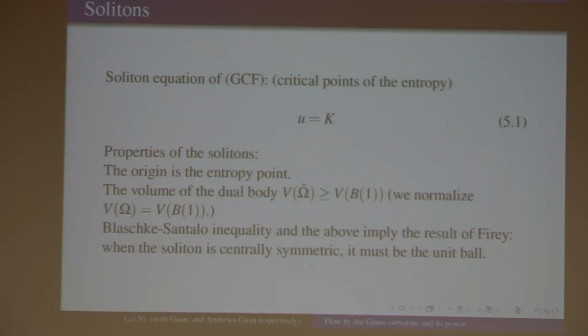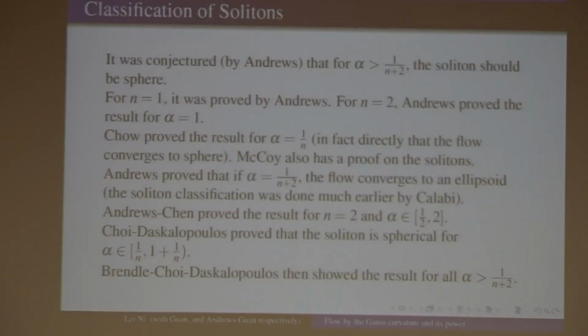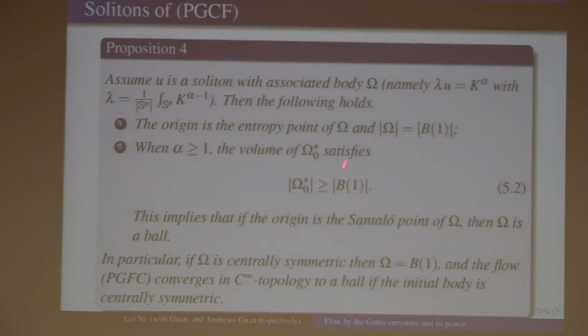Right. So we have a generalization of this result. Basically it says for any alpha bigger than 1, if it's centrally symmetric, then the soliton is also a ball. Okay. The proof of this uses the so-called Blaschke-Santaló inequality. So what is the inequality? The inequality basically says